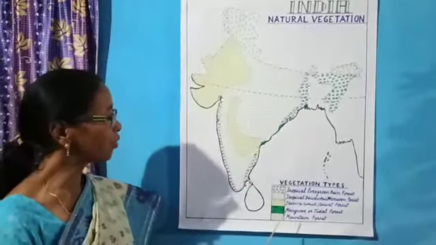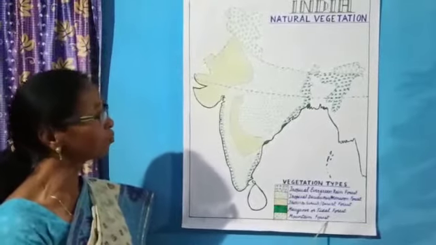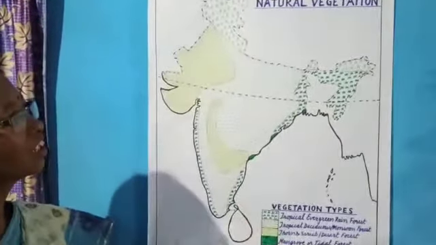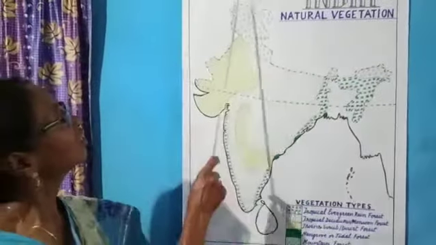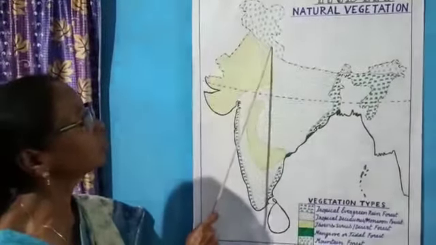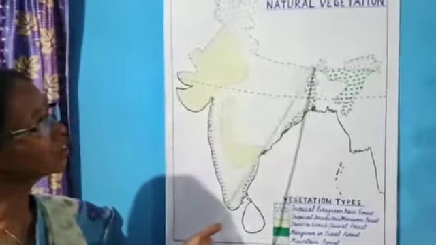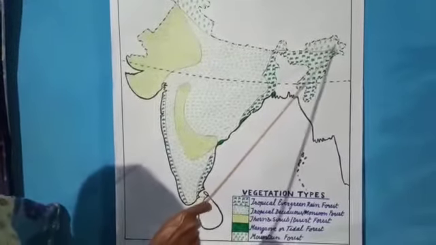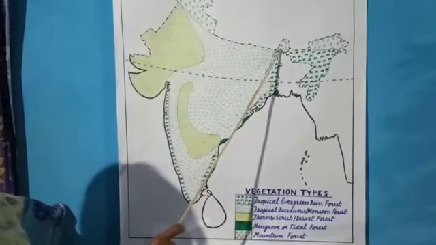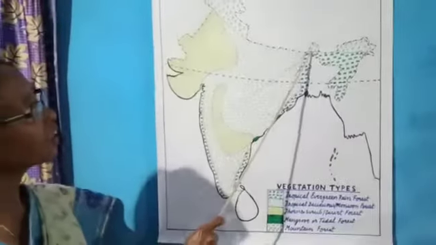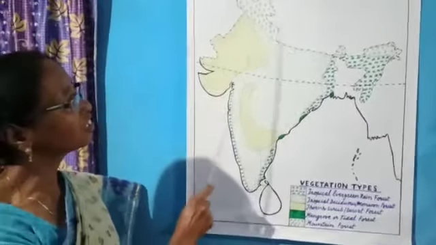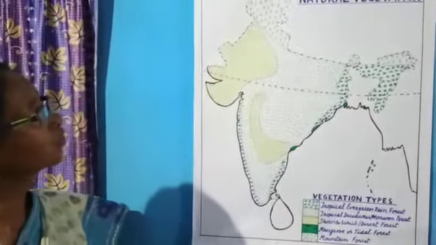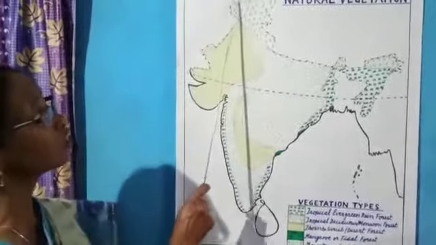The next type of natural vegetation is the mountain forest, which is found on the Himalayan ranges from Jammu Kashmir in the north to the northeast, Arunachal Pradesh, and parts of Sikkim. And this type of vegetation is found at different altitudes, where there are high mountain peaks